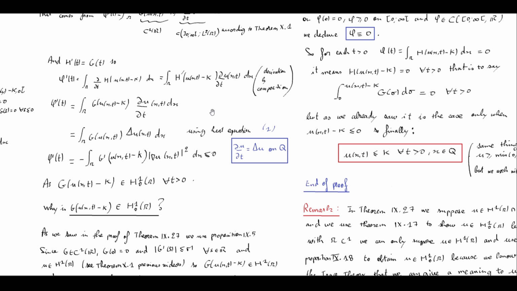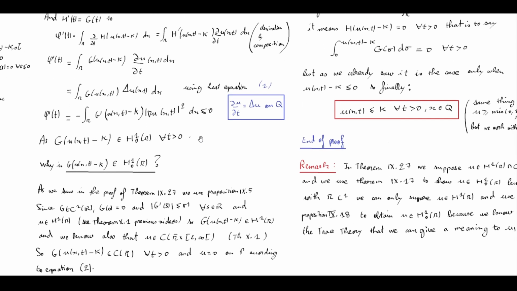which is equal also to the integral on omega of g(u(x,t) - k) times the Laplacian of u(x,t) dx, using the heat equation, the first equation of the three equations composing the system of the problem associated with the heat equation. Phi prime of t is then equal to minus the integral on omega of g prime(u(x,t) - k)